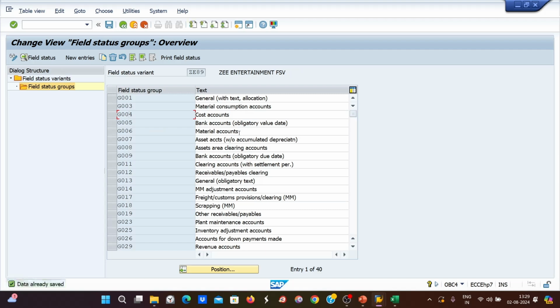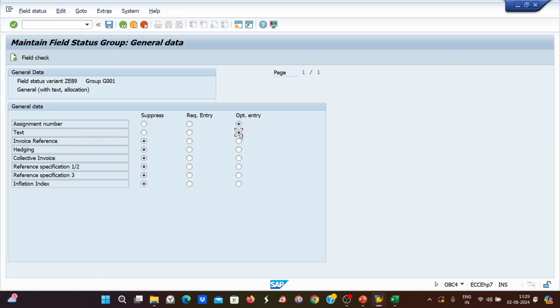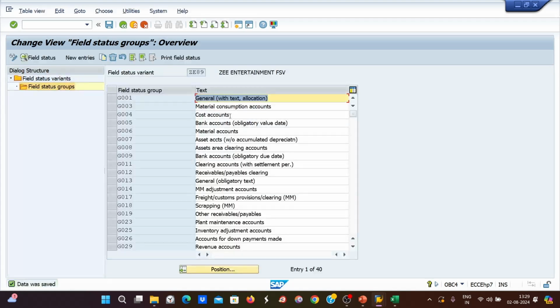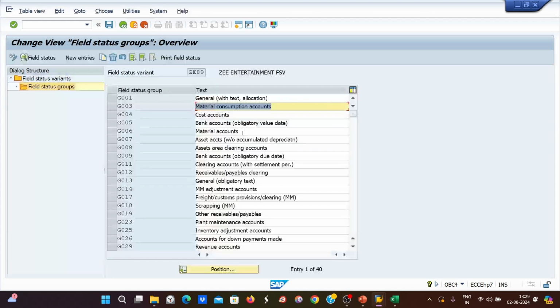Right? After making the settings in this, SAP will get the instruction and then SAP will work accordingly. This will be more clear once we start with our practicals, when we actually start posting the transaction. As of now, let me make it optional because by default it remains as optional. So this is what I was talking about,